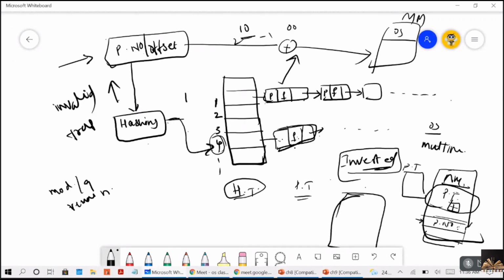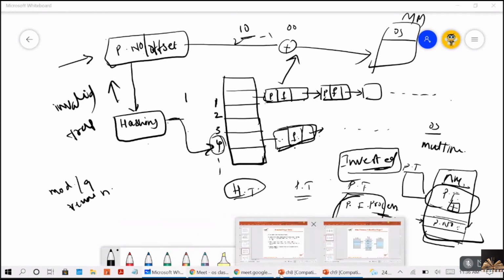మొత్తం అన్ని ప్రాసెసెస్ కి కలిపి ఒకటే పేజ్ టేబుల్ ఉంటుంది, రైట్? How will this page table be maintained? It will have the page number, its corresponding frame number, along with the information which process is making use of it, right? So if you read the points here, you can understand.